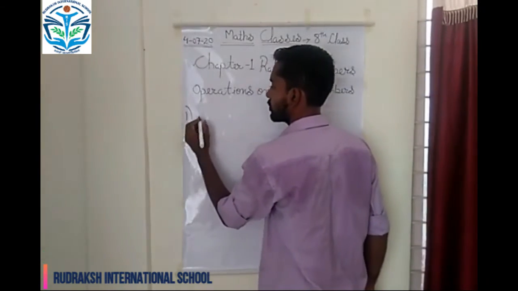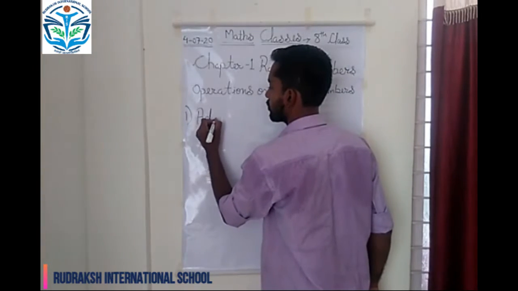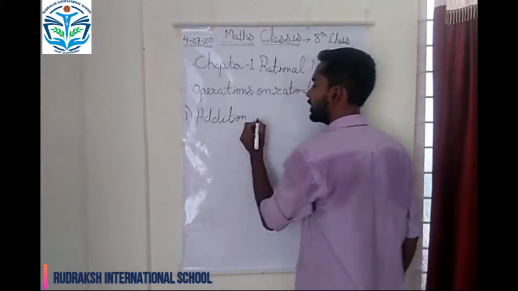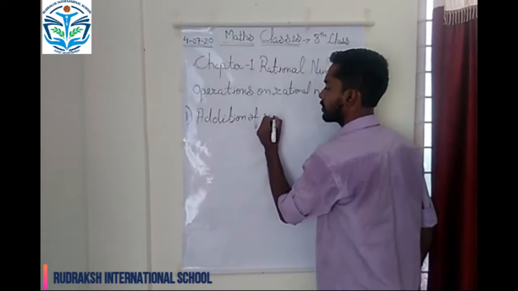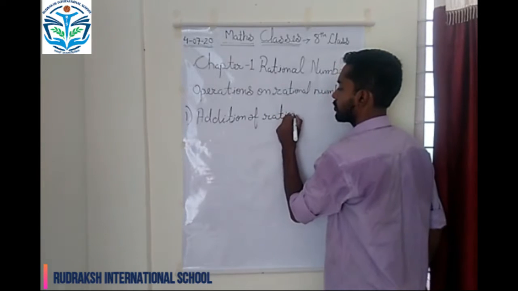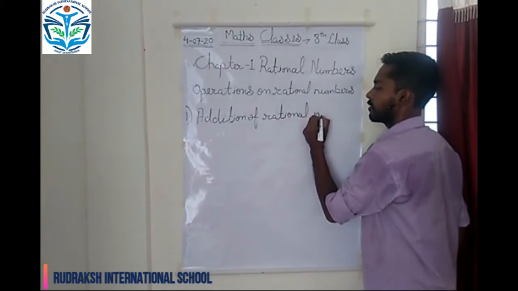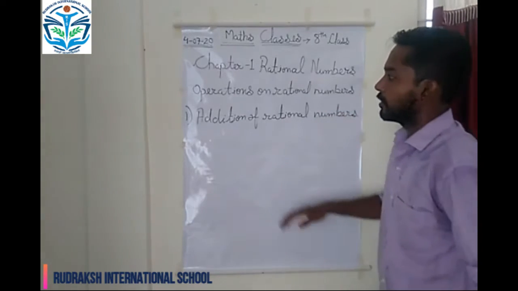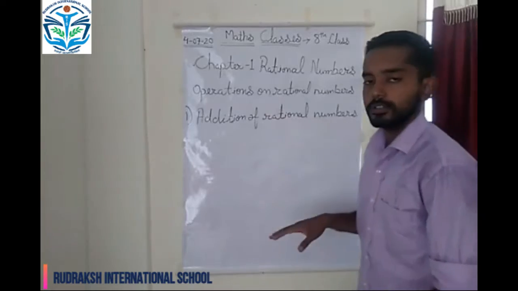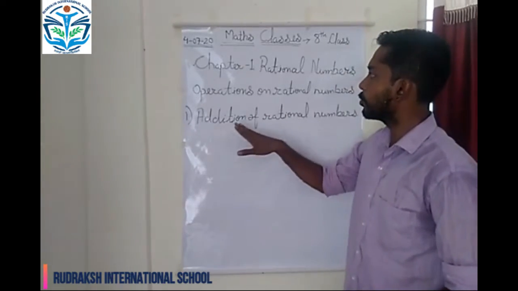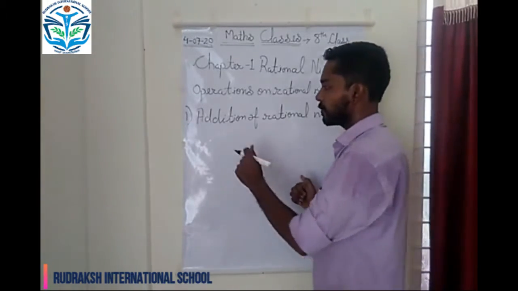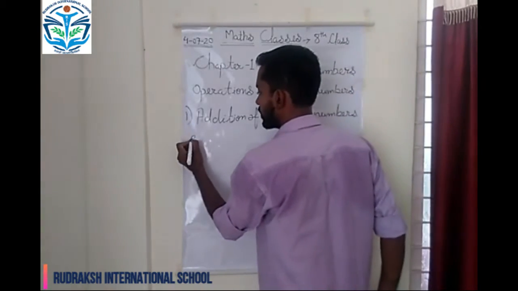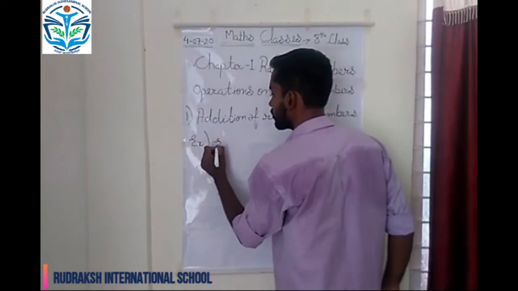The first one is addition of rational numbers. So the first operation is adding two rational numbers. सबसे पहले हम करेंगे कि हम दो रैशनल नंबर्स को ऐड करेंगे. तो जो सबसे पहला एग्जांपल है, it is